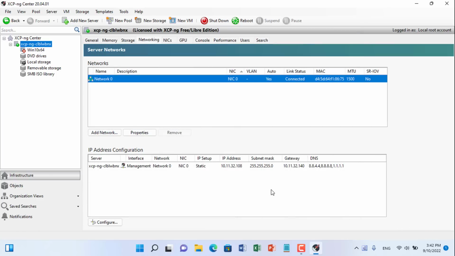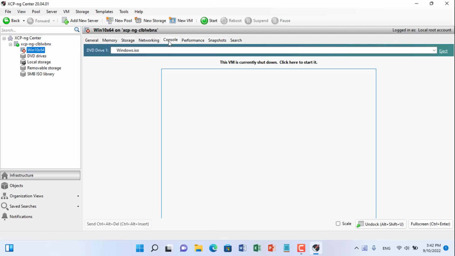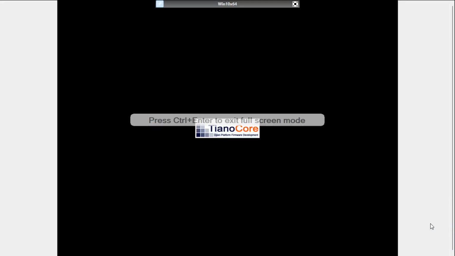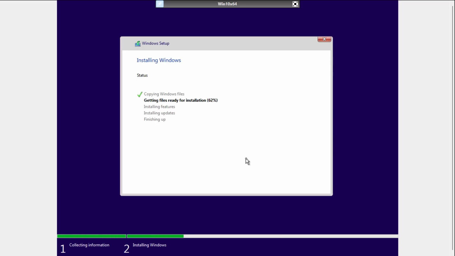Next we install the operating system for it. How to install a Windows 10 operating system similar to how you install it for physical computers. If you want to create a Linux virtual machine, the same way.